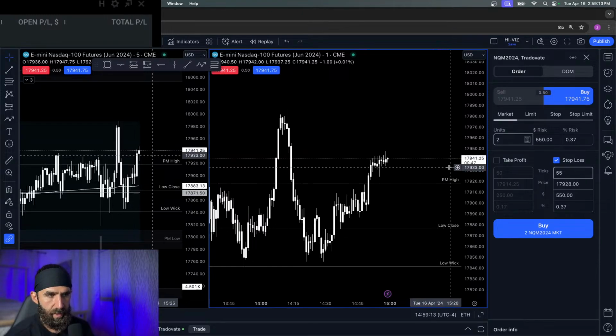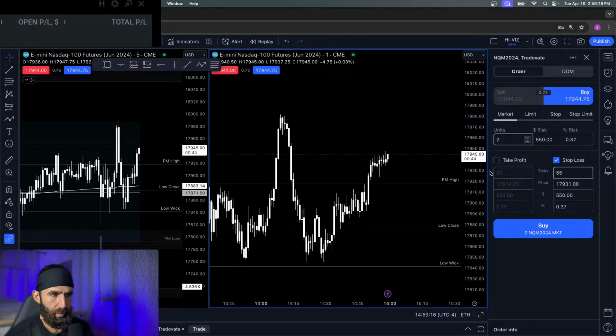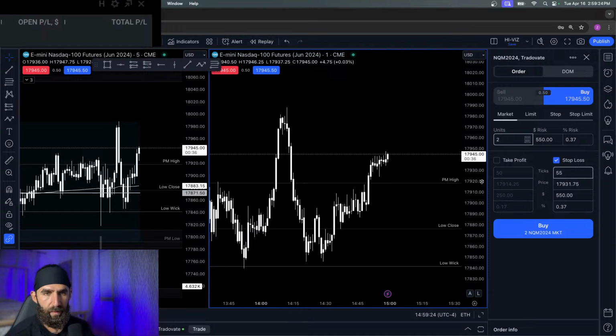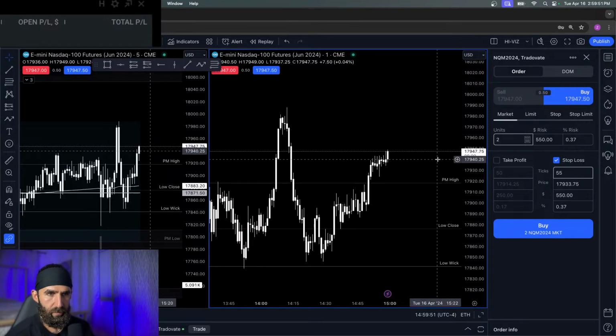Again, trading these evals, I get pretty aggressive. I don't sweat taking consecutive losses at the risk that I'm trading with the eval account and potentially blowing the eval account. I don't trade them in a way where I'm never going to blow them. I'm trading them in a way where I'm probably going to blow an eval eventually, but I will shorten the time frame that it takes for me to pass one of them. I'm not planning on blowing one every day, and then just getting funded quickly in a week's time, trying to max leverage.